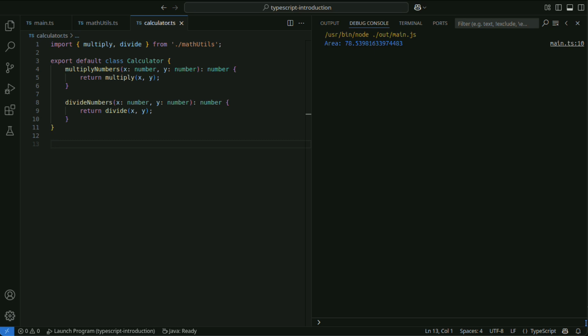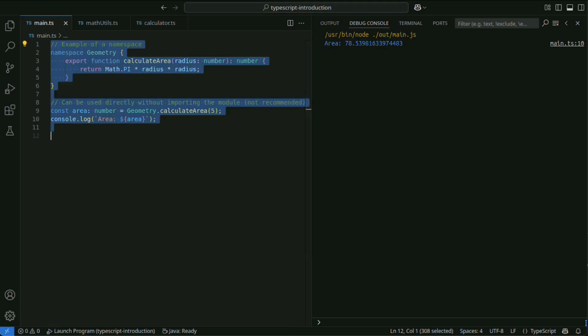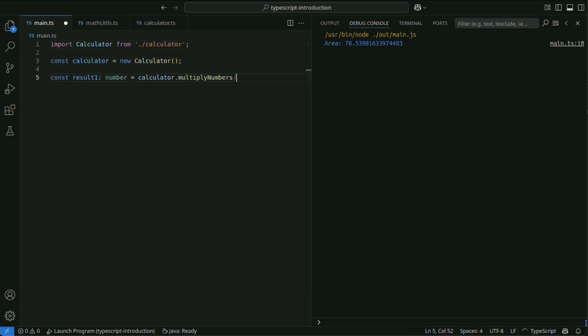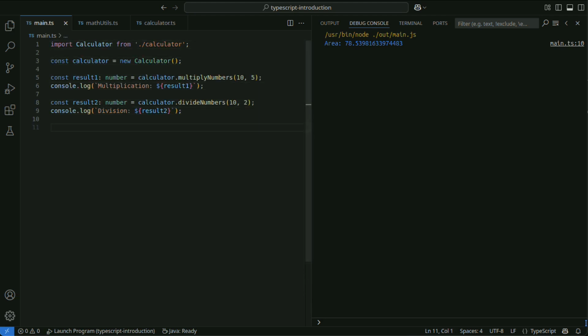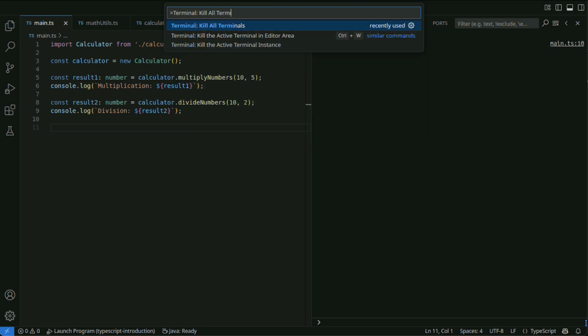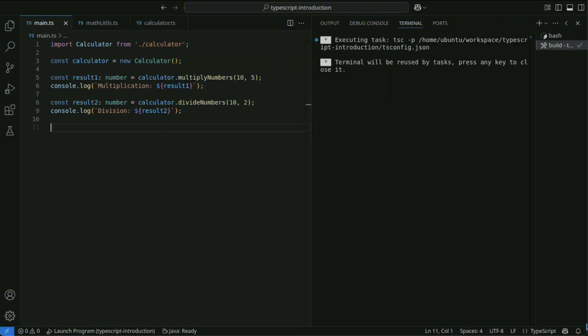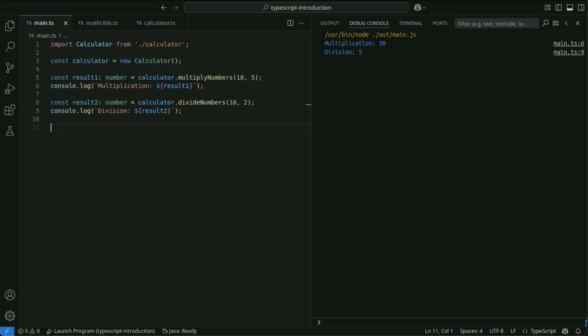It encapsulates calculator functionality internally using functions imported from mathutils. This file is the entry point of the application. It creates an instance of the calculator class, performs multiplication and division, and logs the results to the console.